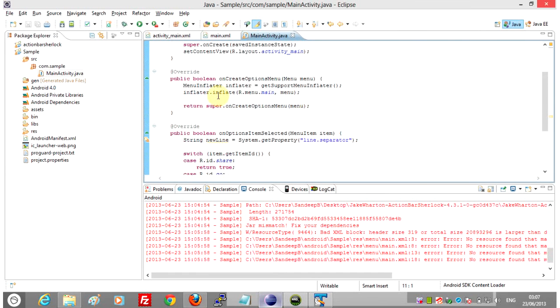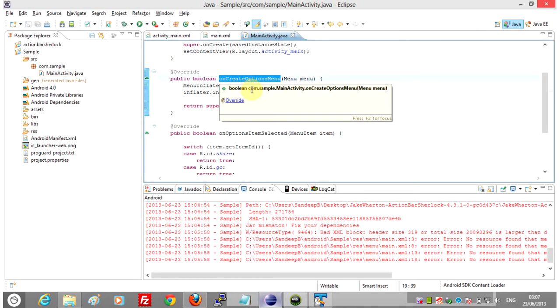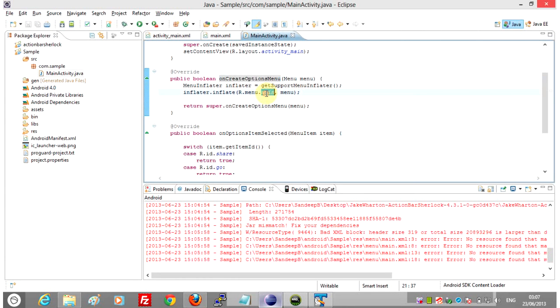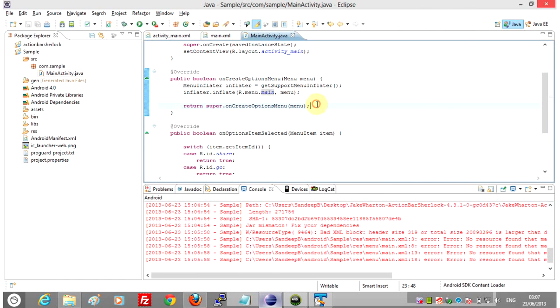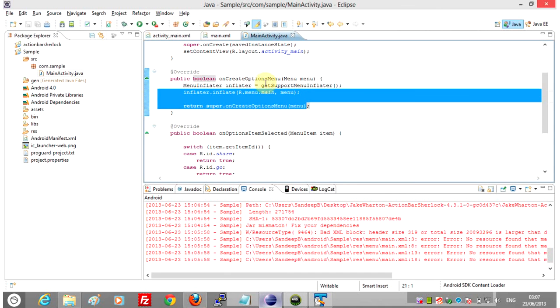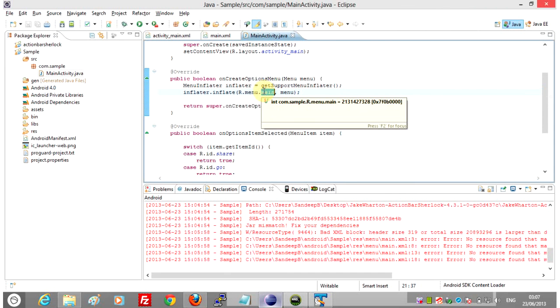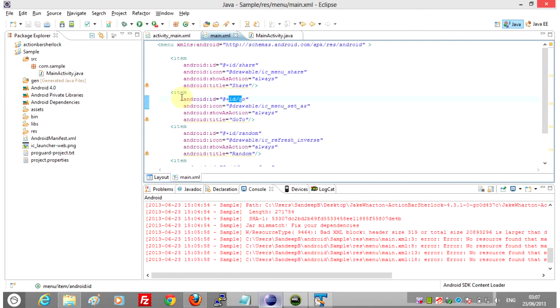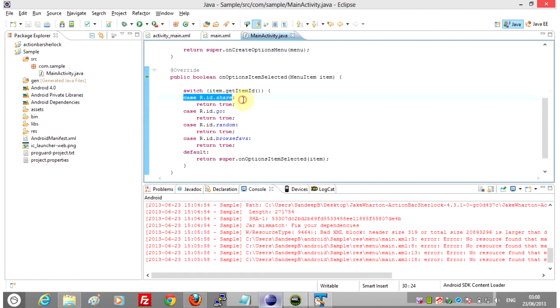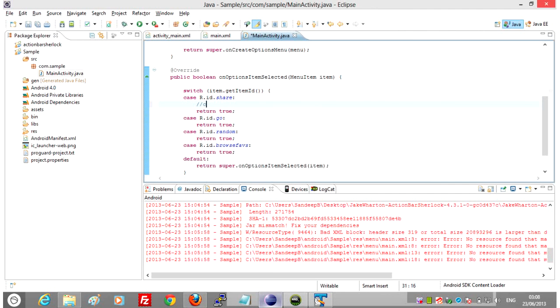Fine. Now let me tell you the purpose of onCreateOptionsMenu. It specifies what XML file is to be used for the action bar items. So in the main.xml I have defined some items. Those are going to be used in the options menu, and when the user clicks on a particular option, then we need to execute some code. For that I am using the ID for every item, and I created a switch case block. Here you can specify your own custom code for